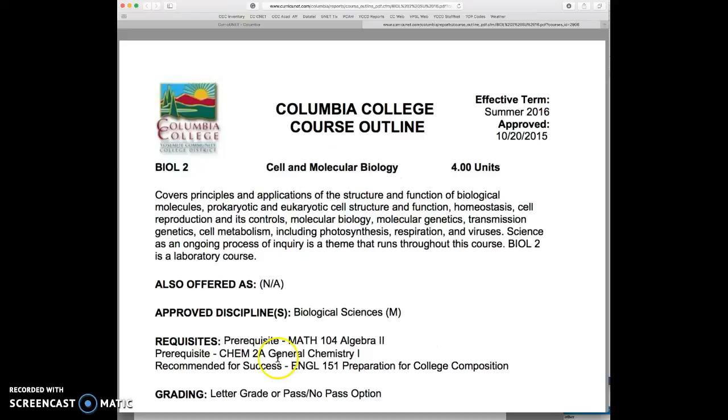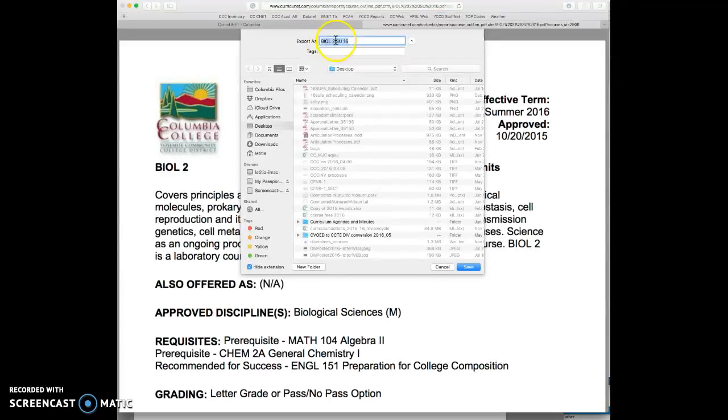I have a very simple viewer on the course outline, which allows me to save it, because when I work with the inventory, I'm going to be submitting course data and uploading the course outline. So what I do is I just hit Control Save. On the Mac, it's Command Save. And what it does, it brings up the course title and the semester in which it was effective, and then I just save it to the location on my computer for later uploading. So that is prefab for you, but that's a handy little feature